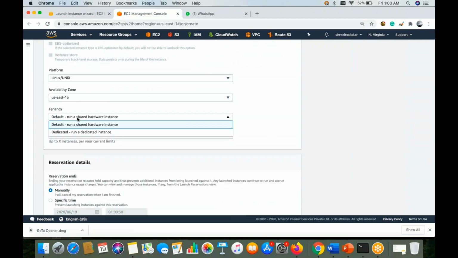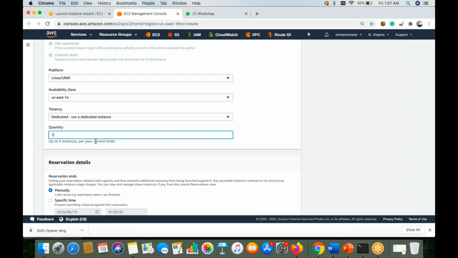Then tenancy. I think someone also asked the question yesterday, right? In a rack in the background of a data center, is there only one customer, or is it shared? Definitely both options are available. If I'm working with a bank or some security agencies, then I should get a dedicated one. That means in that particular rack, no other customer is going to create their instance. AWS is going to give you the entire rack, and there will be extra charges for that, so there will be high security.